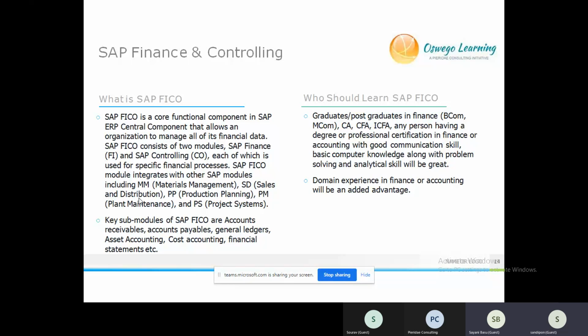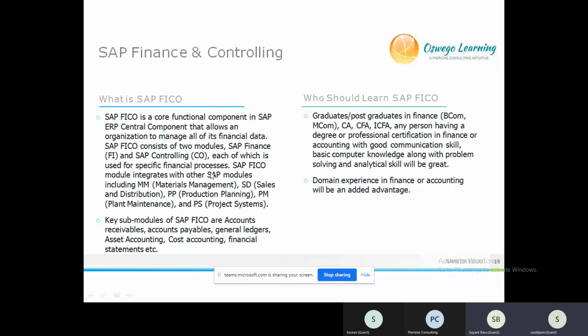For example, there's a whole process for it. Whenever you're selling a good, revenue will come in, right? So there will be a financial impact. Whenever you are posting from SD, it will get integrated with FI, and that financial impact. That's what it is trying to say: as SAP is an integrated system, it will integrate all